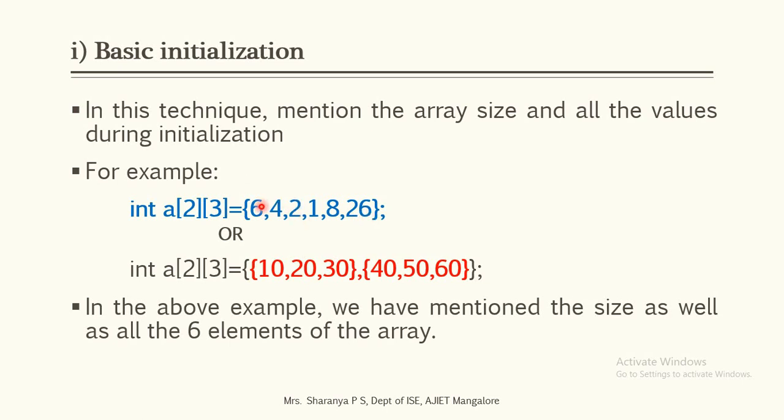That is, it will start entering the values in the very first location, that is A of 0, 0 location, with the row value as 0 and the column value as 0. In that particular location, it will enter 6. And it is mentioned that there will be total 3 columns. So, 6, 4, 2 will be present in the first row, and 1, 8, 26 will be present in the second